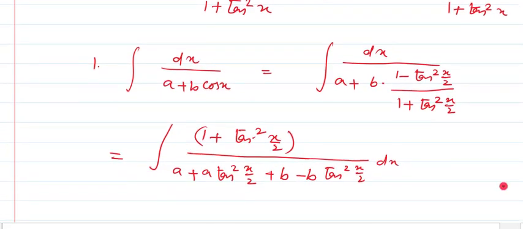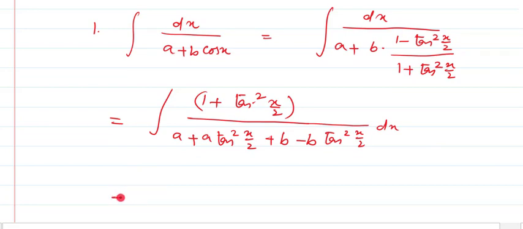Okay, so in this way we will get the function. And now, as you know, 1 plus tan square x is secant square x. So this can be written as integration of secant square x by 2 upon,